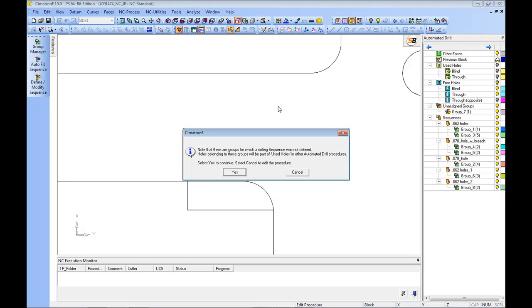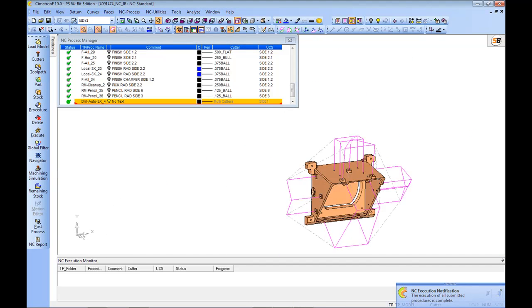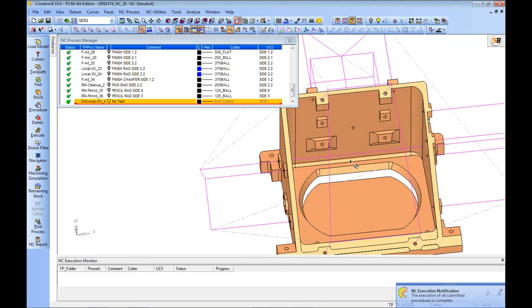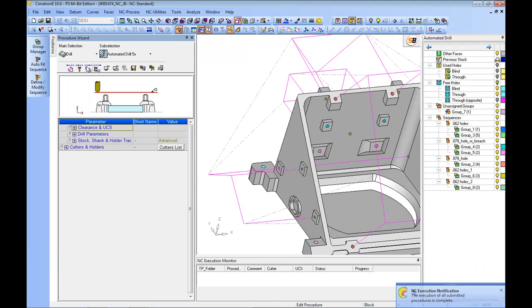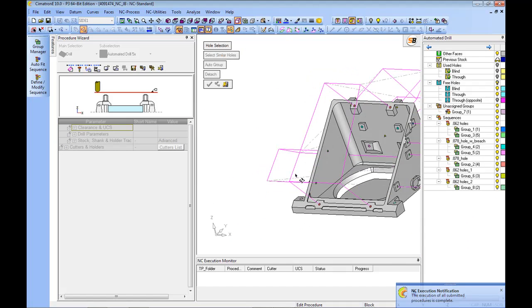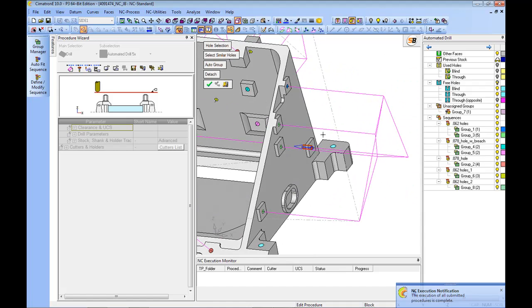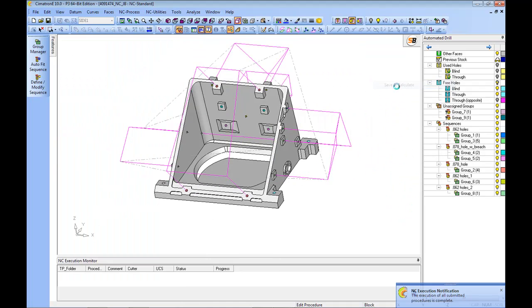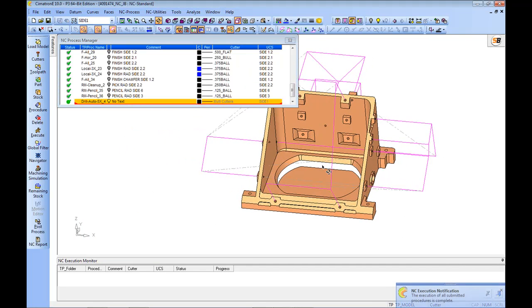Although I'm concerned that I don't have that pointing in the right direction too. Let's take a look. Okay, yeah, it did. It went from all the way through, so I have to change that and tell it that this hole right here needs to come in that direction. So it's quite automatic but also quite flexible. It's a nice balance of automation and